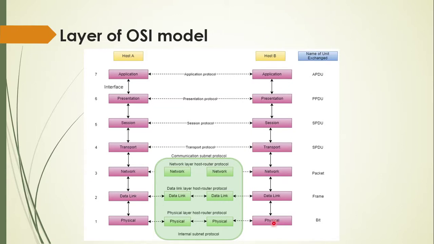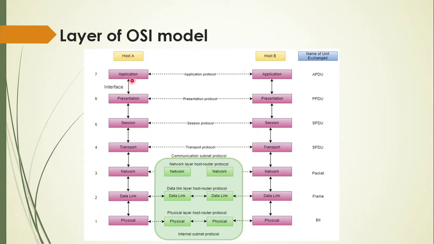At the receiver, data is sent from one layer to another, that is physical layer to data link layer to network layer to transport layer to session layer to presentation layer, and presentation layer to application layer. Now vice versa, if host B is a sender and host A is a receiver, then data is sent in reverse manner, that is application to presentation to session to transport layer to network layer to data link layer to physical layer. So host A and host B may be sender or receiver, vice versa.